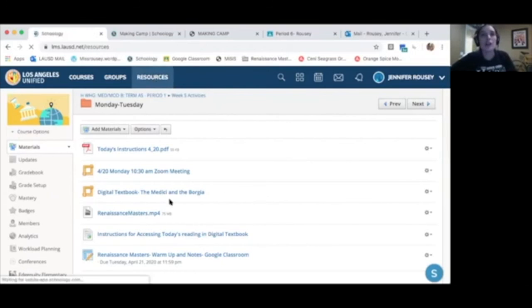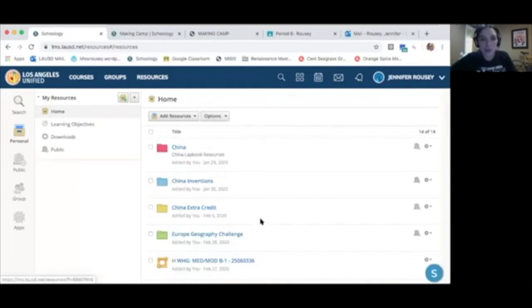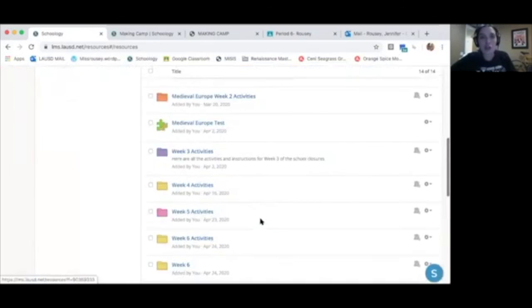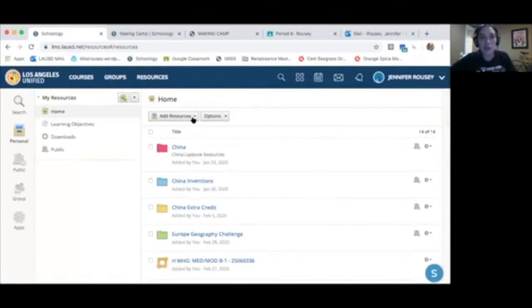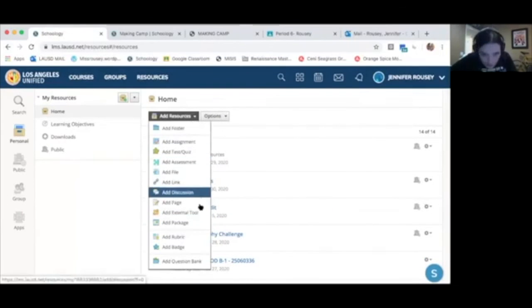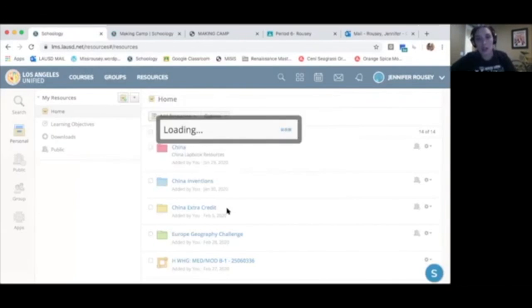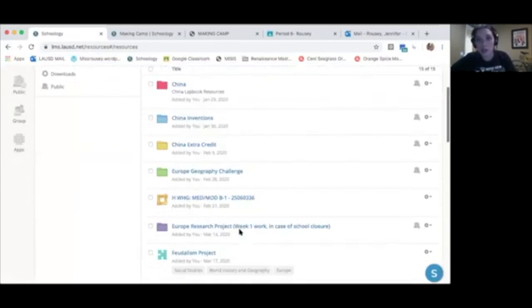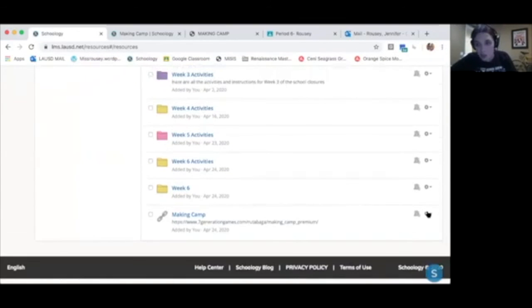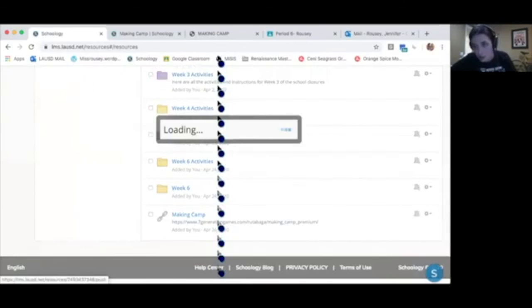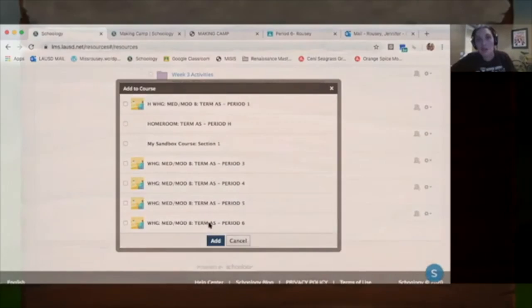or any of the 7 Generation games, is you add it under resources, and you don't even need to do this by file. You can just do it by add link or add external tool. Here I'm doing link. And again, you just go to the little gear next to it and press add to course, and you can directly add it to